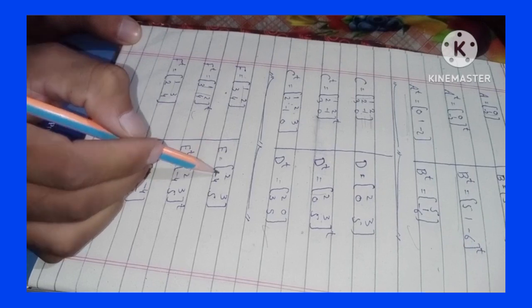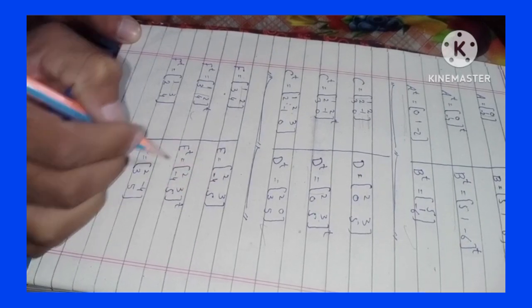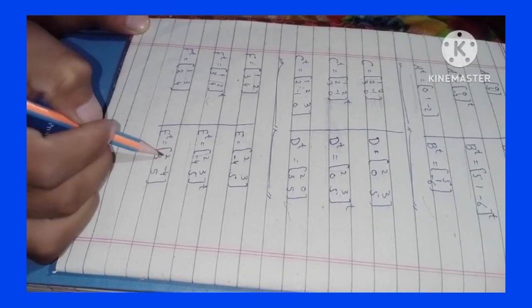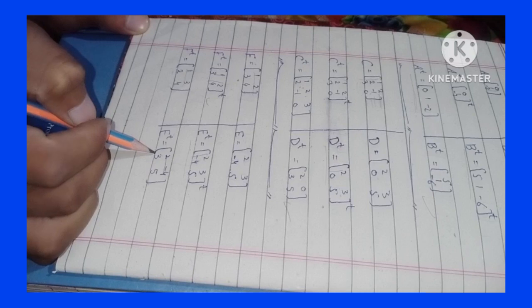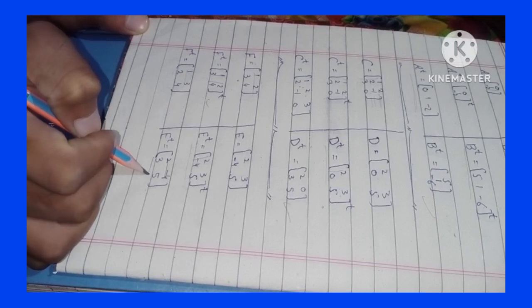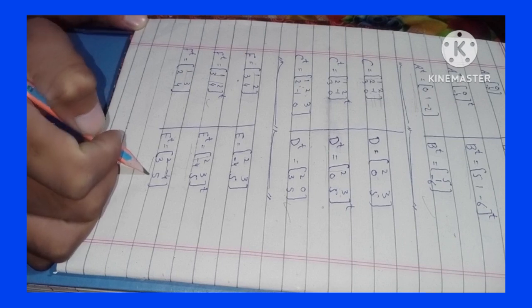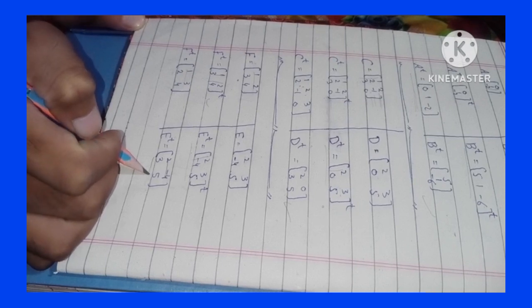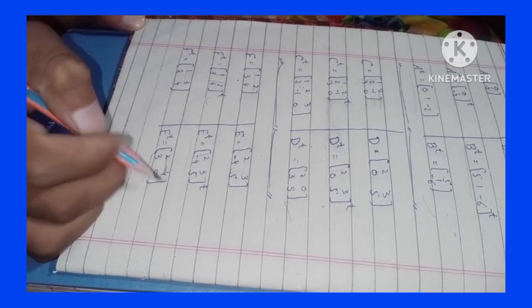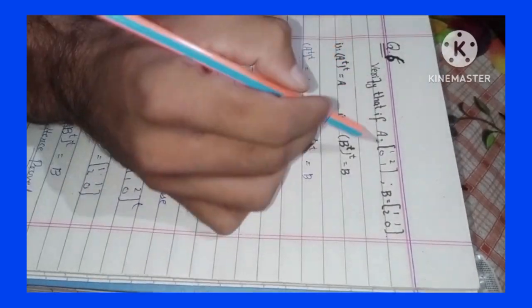Matrix E is 2, 3, minus 4, 5. We take a transpose. 2, 4 is the first column changed into a row, 3, 5 is the second column changed into row 3, 5. In the transpose of matrices, the sign is not changed, only rows change into columns or columns change into rows. This is called the transpose of matrices. Question number 6 is: verify that if